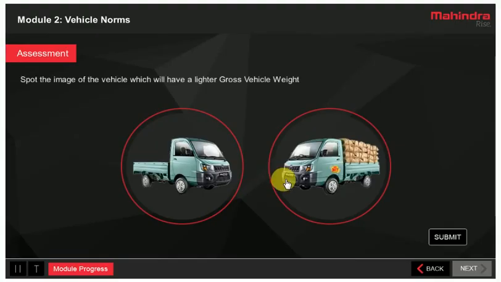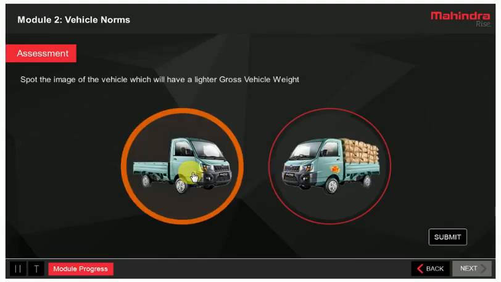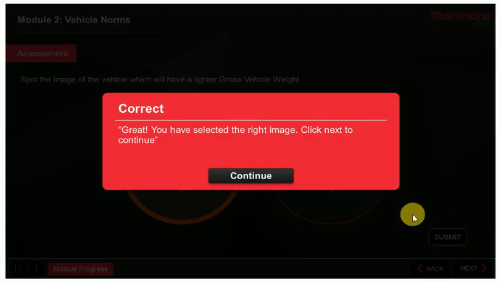Please have a look at the question on the screen. Spot the image of the vehicle which will